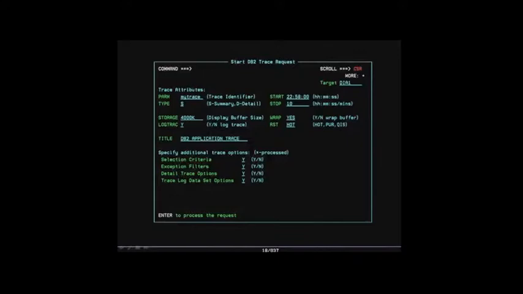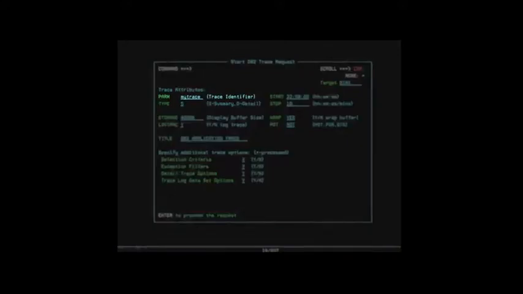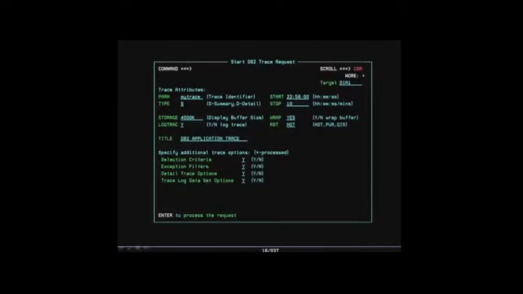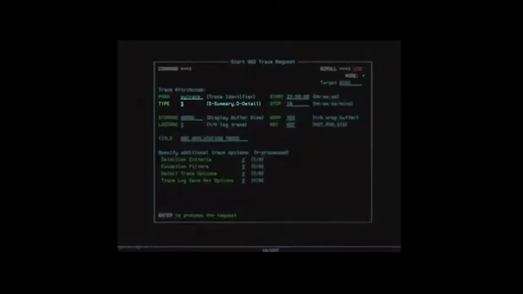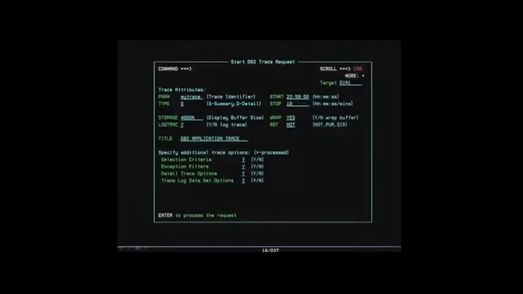Moving to the left-hand side of this dialog in the PARM field, you will enter your trace name, 1 through 8 characters. Underneath the PARM field, in the Type field, enter the letter S for a summary trace or the letter D for a detail trace. Moving back over to the right-hand side of the dialog panel, in the Start field, this